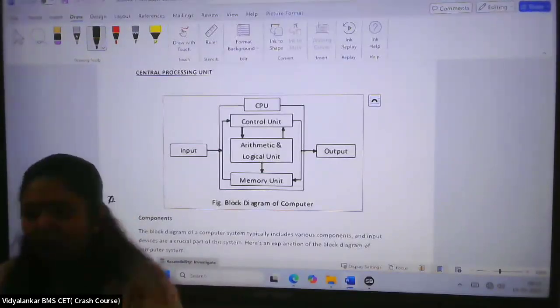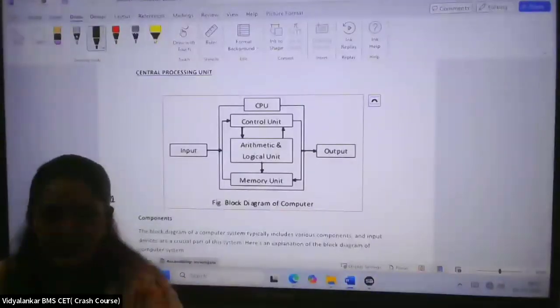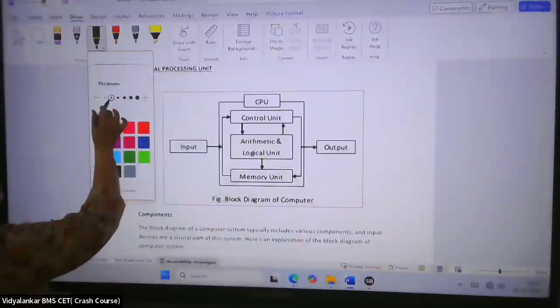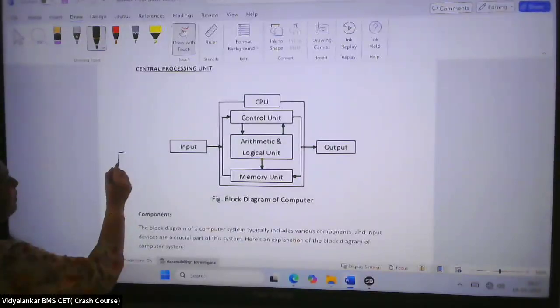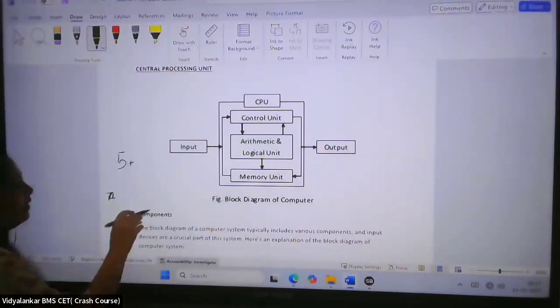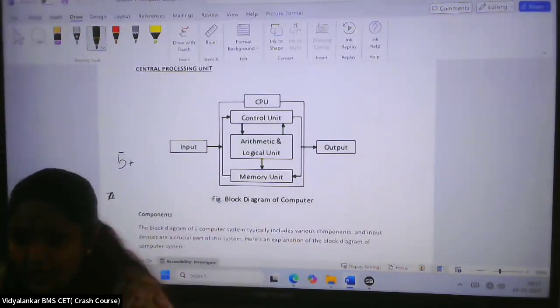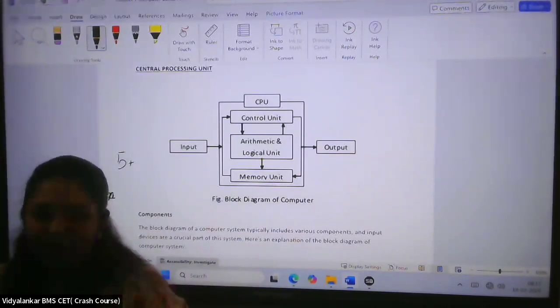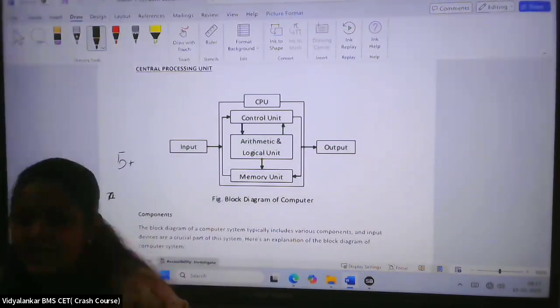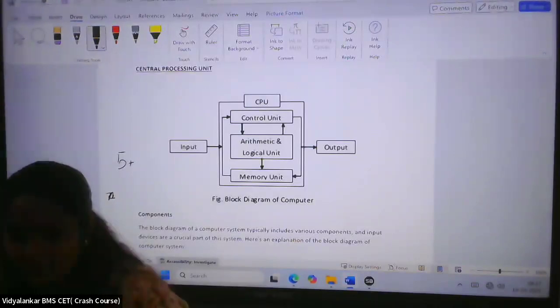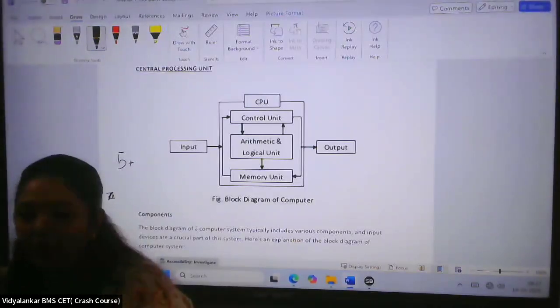So anytime the computer system is communicating with the user or taking any instructions, it is always decoded in 0 and 1. Now suppose I'm trying to add 5 and 3. That 5 is on the keyboard, right? When I press it, how does the system know that I pressed 5? I'm just pressing from the keyboard. Yes, it is already configured, meaning inside it there is something called an encoder and decoder, which does the changes. So when I give 5, the system does not understand 5. That 5 is converted into binary language, that is the formation of 0 and 1.